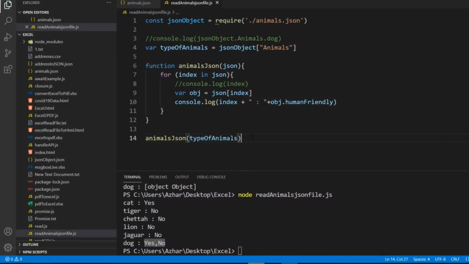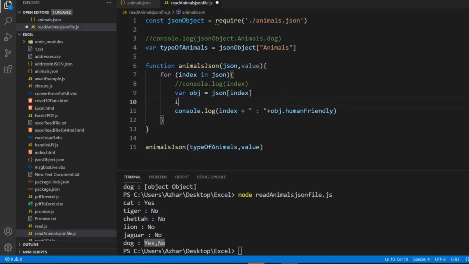So what if I create a function where I can pass a value, let's say a value, so that I can dynamically pass the value. Whatever value we pass, if it matches the index, then only you do a console log. So if value equal to this index, then only you print.